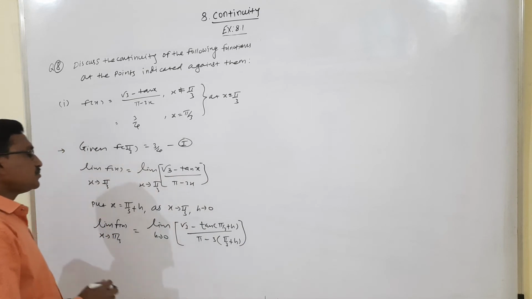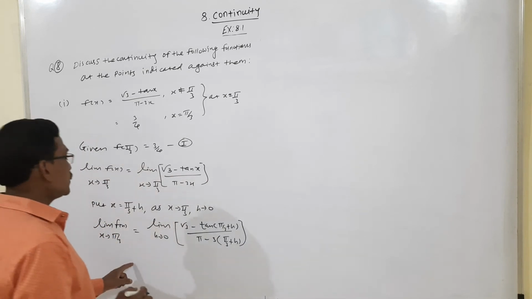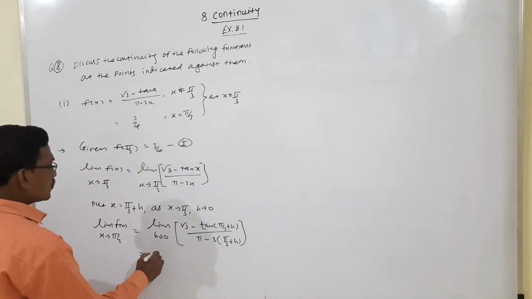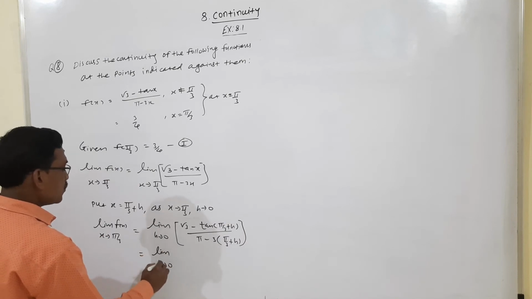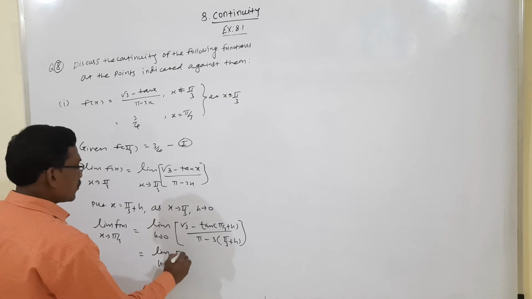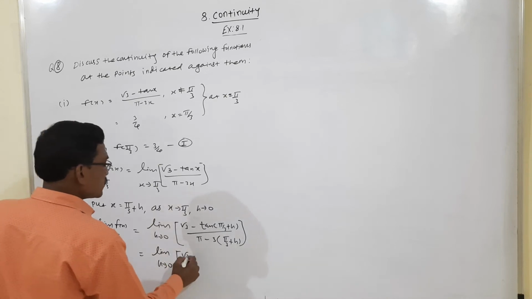Okay, so this is equal to the limit as h tends to 0 of root 3 as it is, minus